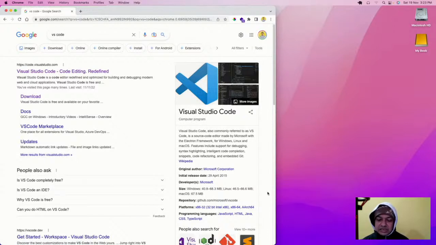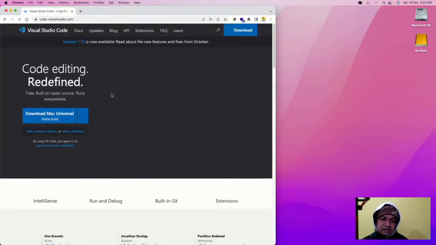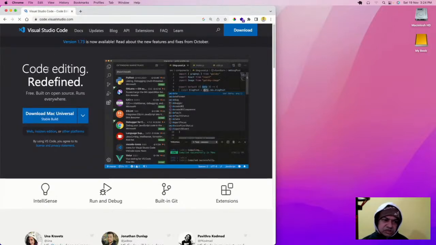One thing I will say is that please try to have a laptop. I have seen people coding on mobile, but it is very difficult. I think VS Code is available on mobile also. It is very easy to install, and it is completely free to use from Microsoft. It has a lot of features which I'm going to tell you about, and you have to download it.